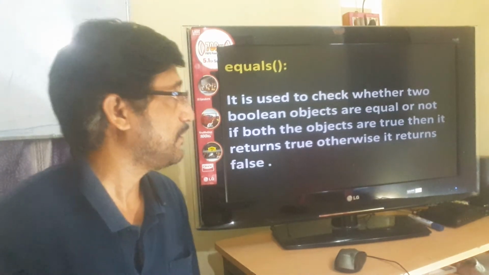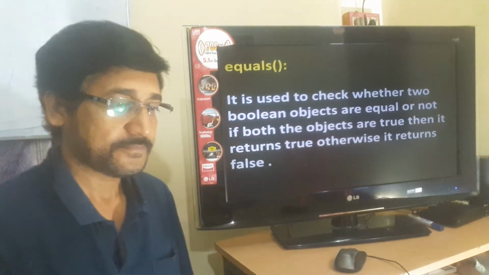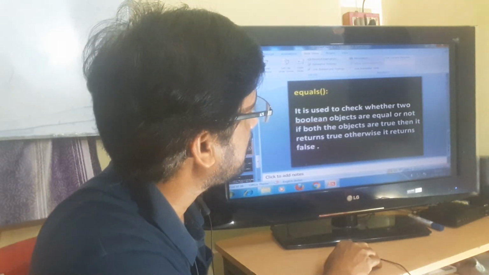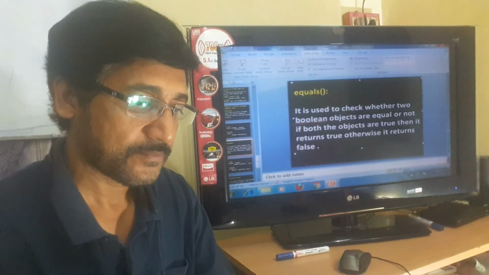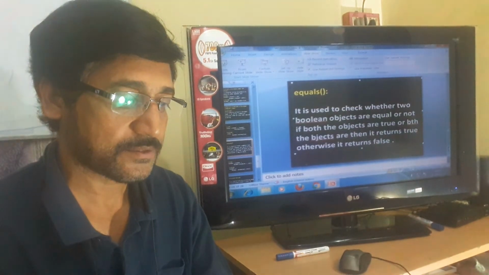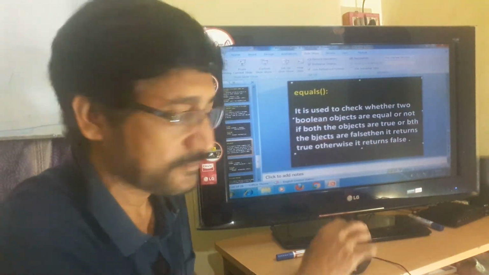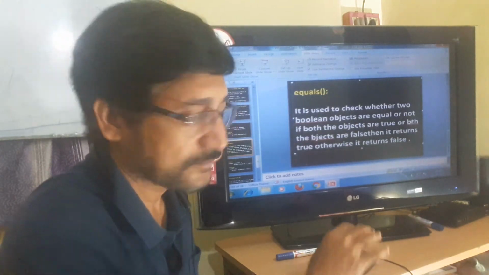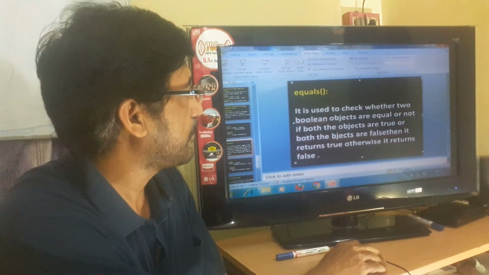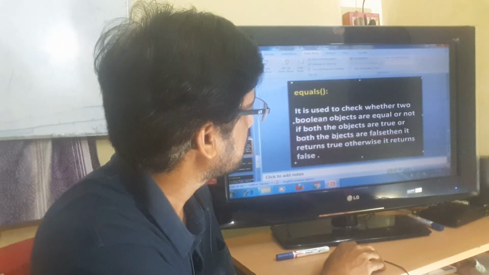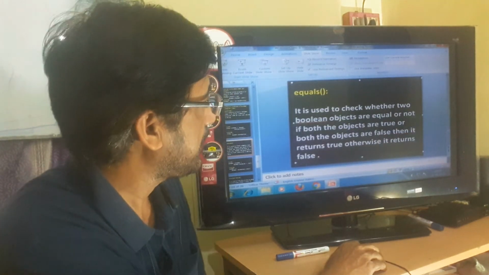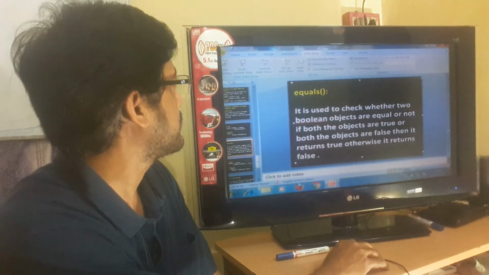If both the objects are true or both the objects are false, then it returns true, otherwise it returns false.